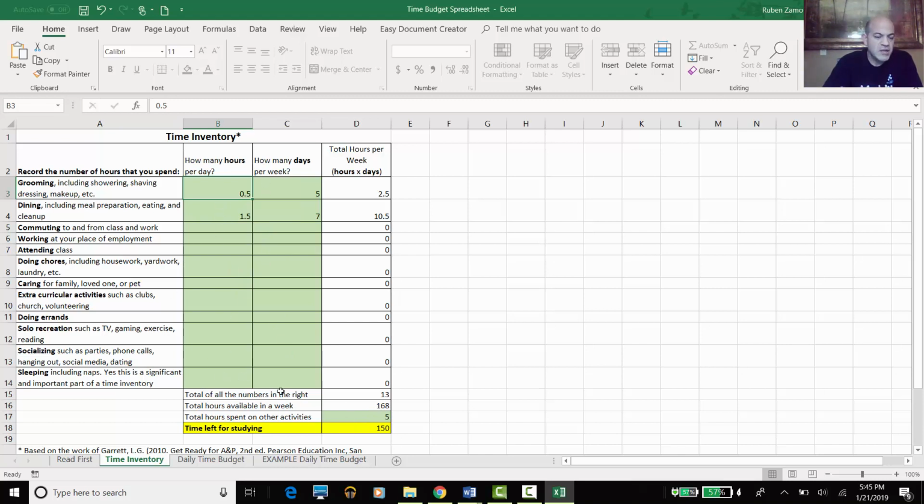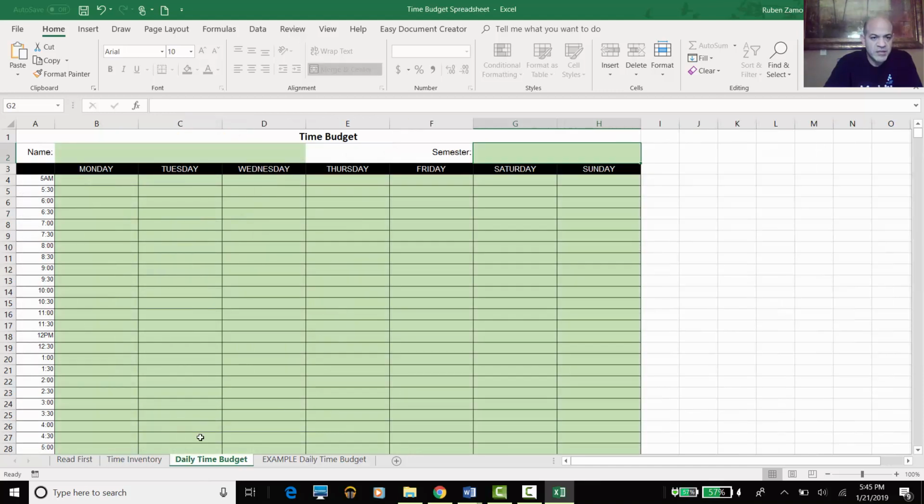Once you complete this chart, then just leave it alone, and you're going to move on to the next tab. And again, this exercise is really more about becoming more aware of how much time can be spent doing things. So you would fill that in. Remember, to the nearest quarter hour, and then how many days out of the week you spend per day doing that on average. And then you're going to move on to your time budget, and each of these squares here